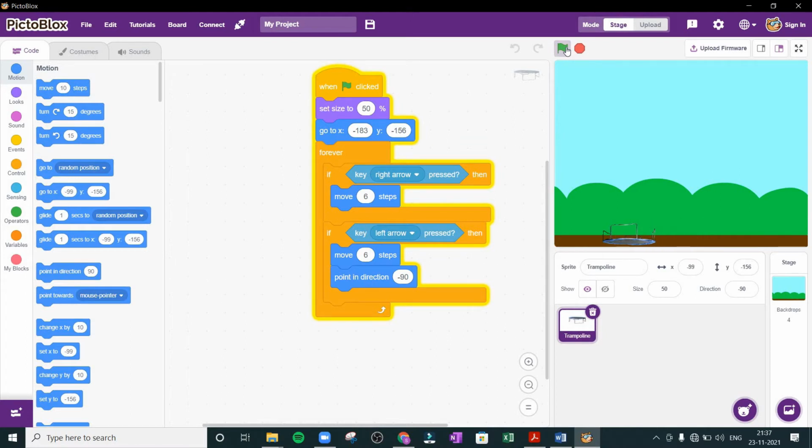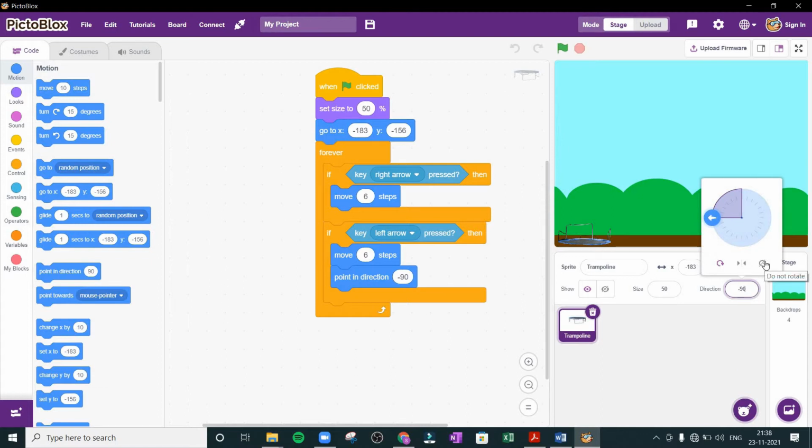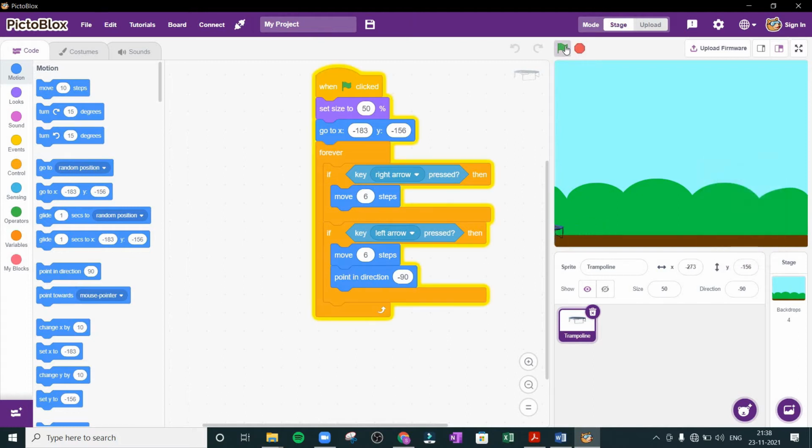Okay, now because I have not changed that it should not rotate, this option I have not selected. So to select that, now you have to select the option do not rotate. From here you can go here and you can see here do not rotate. Now it will not be rotated. Again I'll just execute it. You can move it to the move in direction. Now the direction is, suppose I'm stopping it, I'm running it again. Okay, so when I'll execute it, now you can see here it is not